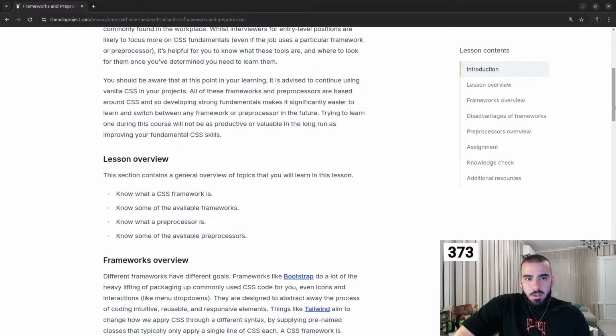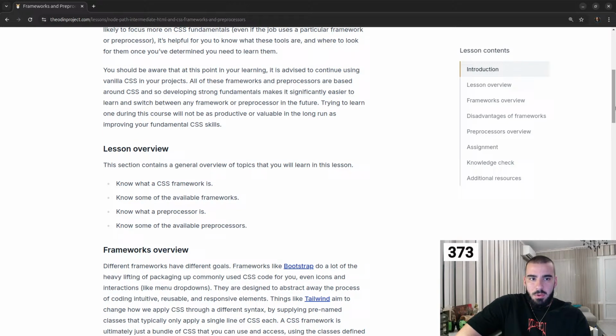You should be aware that at this point of your learning, it is advised to continue using vanilla CSS in your projects. All of these frameworks and preprocessors are based around CSS, and so developing strong fundamentals makes it significantly easier to learn and switch between any framework or preprocessor in the future. Trying to learn one during this course will not be as productive or valuable in the long run as improving